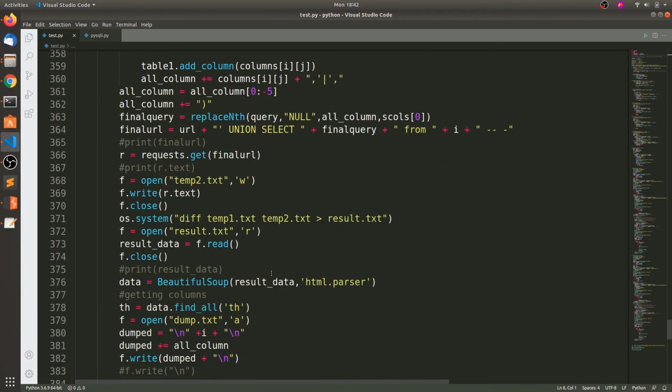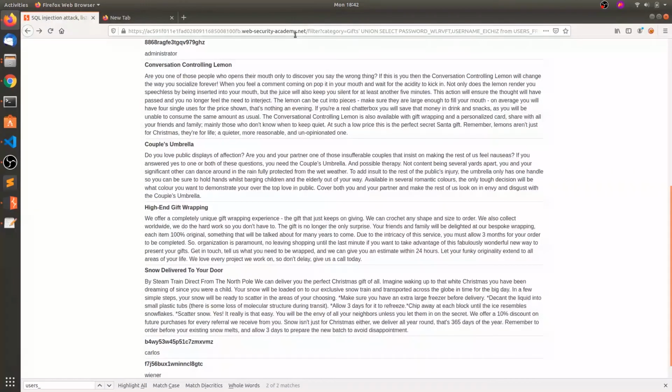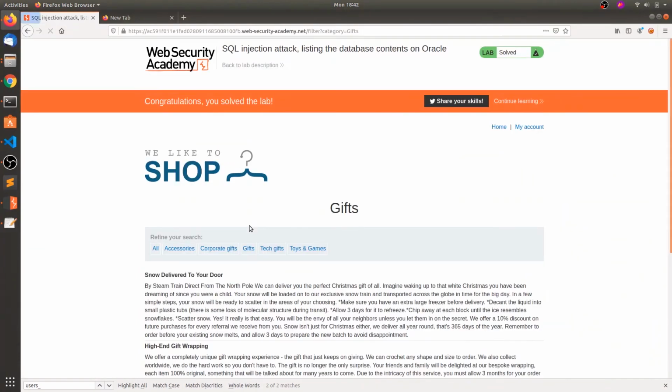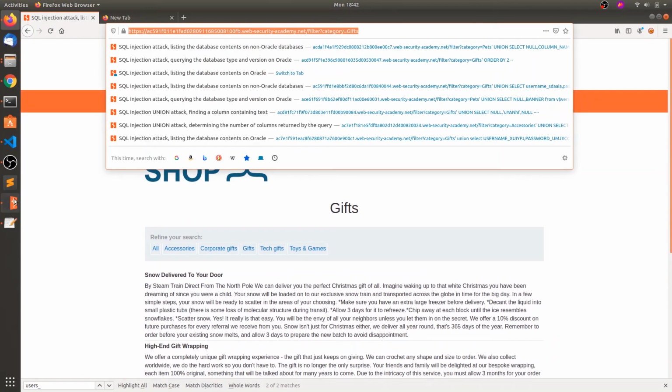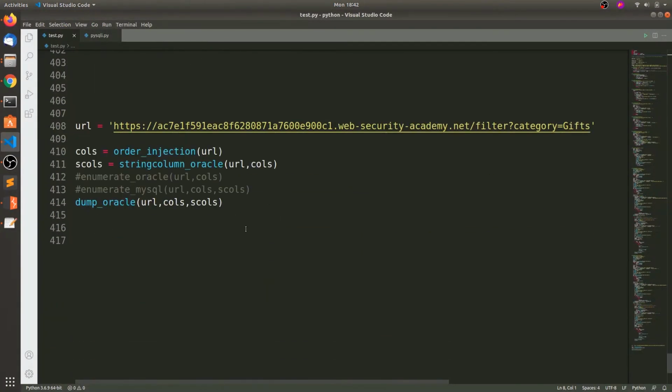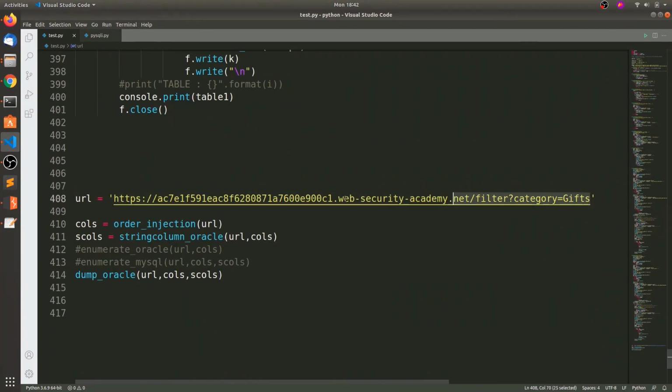To test this, let's copy the URL. Here we need to paste this URL. First we are using the order injection function to determine the number of columns, and in those columns we determine which columns are string columns.